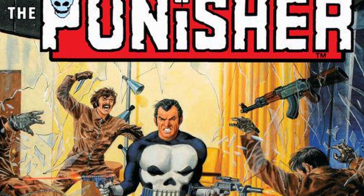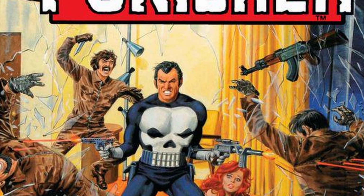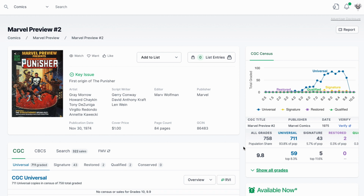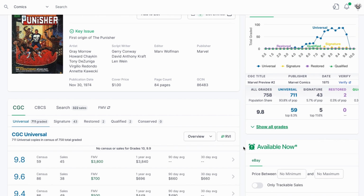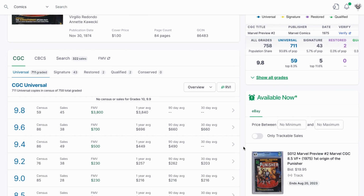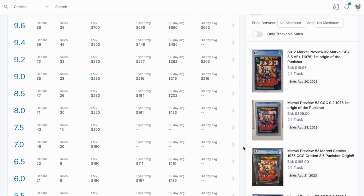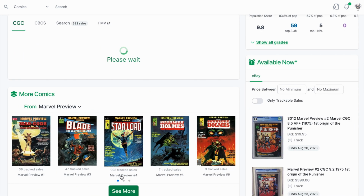Things were moving away from the standard monster mags. They decided to focus on Punisher's origin, making the decision to focus less on monsters and more on superheroes. 756 copies are registered on the CGC census, and if you want a 9.8, you're going to pay a pretty penny. In the 6.0 grade, even though prices are the highest they've been, you're looking at a 90-day sales average